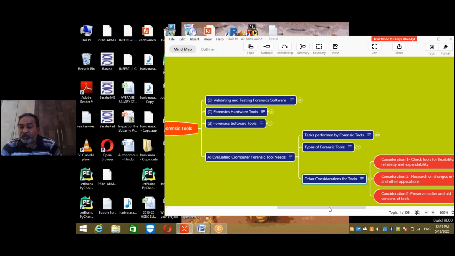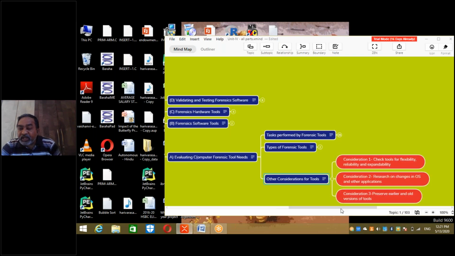Consideration one, check tools for flexibility, reliability, and expandability. Flexibility: you should be able to use it for various versions. If the tool works for you for various variants and various versions of the software, that is flexibility.